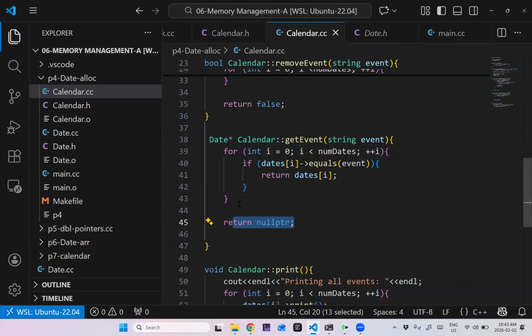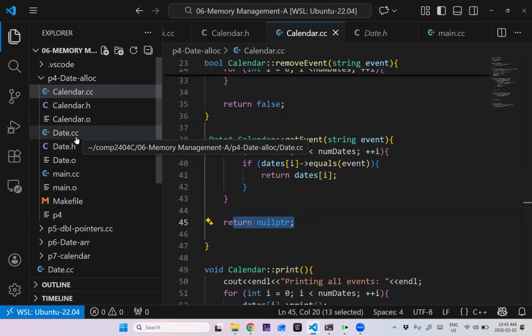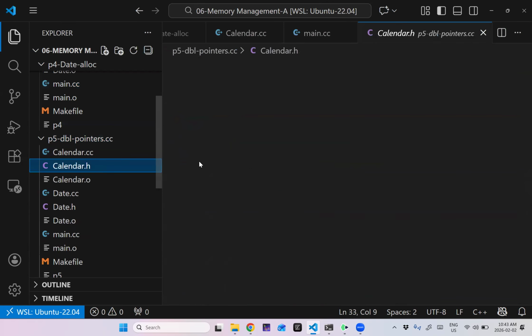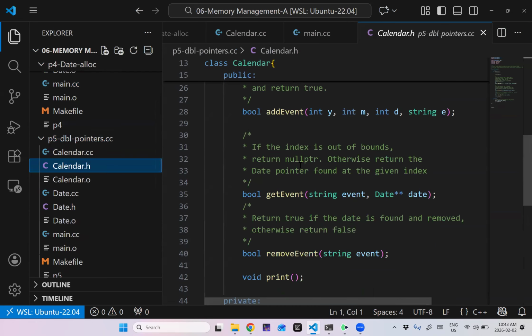We're going to do the same thing now with a double pointer. In other words, we're using an output parameter instead of a getter. So now I want to pass in a pointer by reference. So I want to go to this example. Here's the similar get event, but now I return a Boolean. I'm going to return true if this pointer is valid and false otherwise.